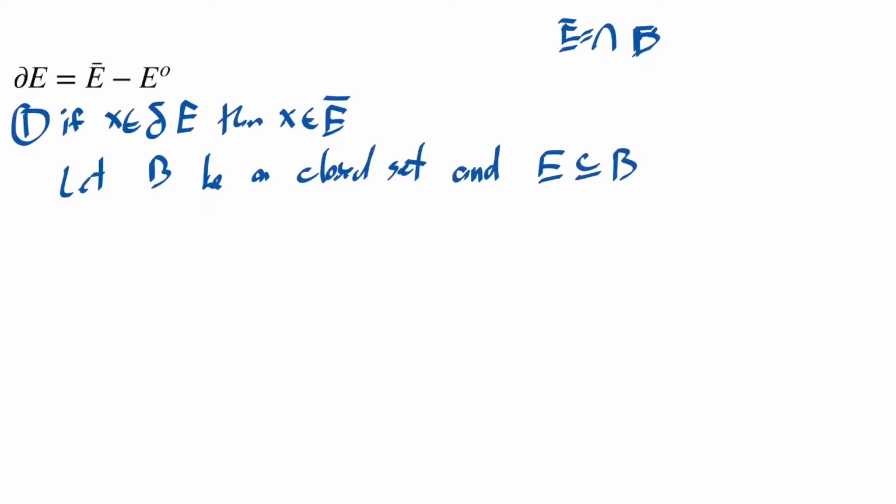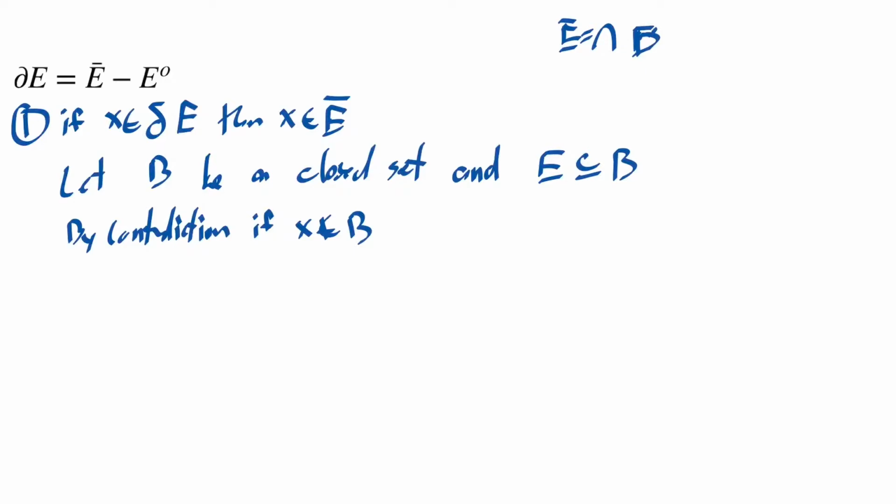Sorry, it's the intersection of all those B's. Okay, so let B be a closed set and E a subset of B. And then I'm going to, by contradiction, say, well, what if X was not in B? So in other words, what if our boundary element was not in E closure? Okay, so by contradiction, if X was not in